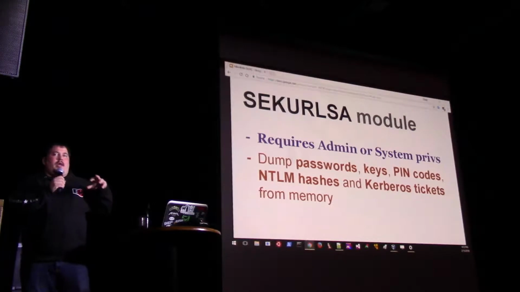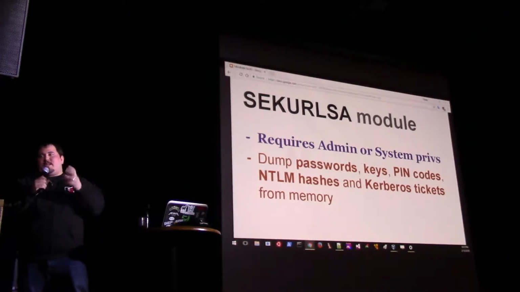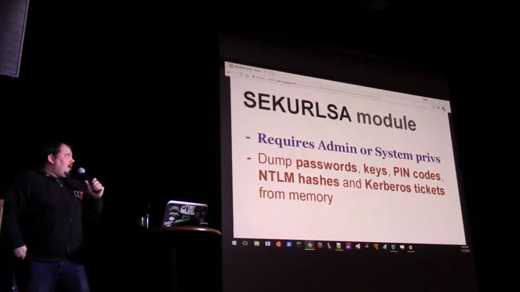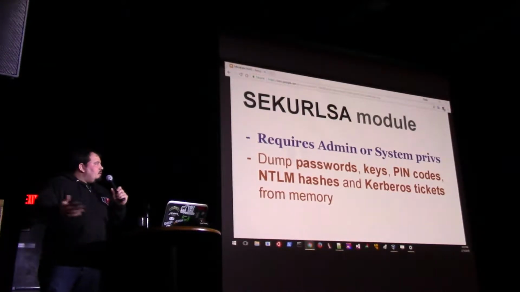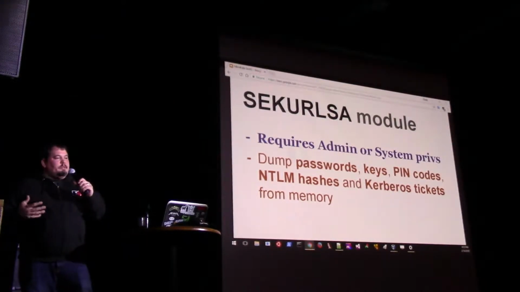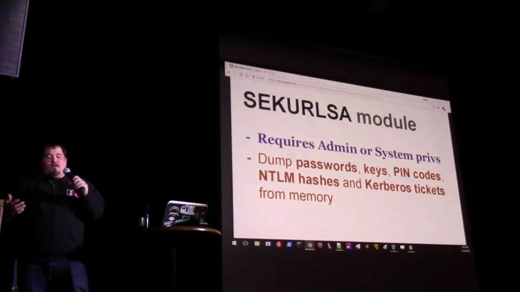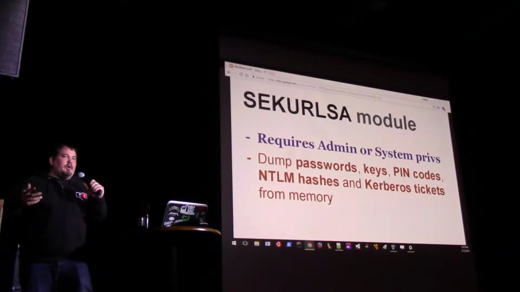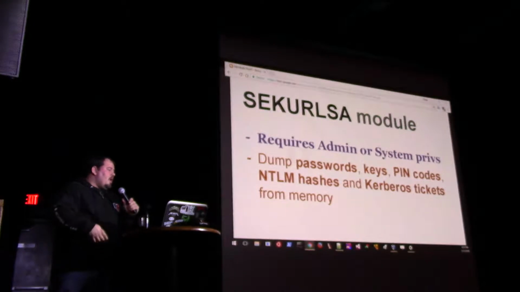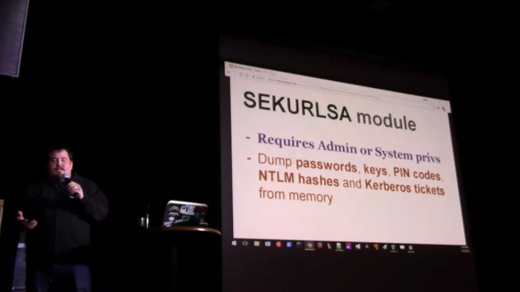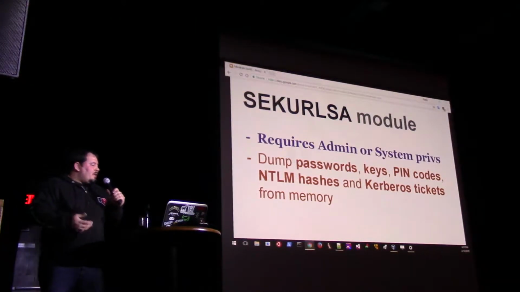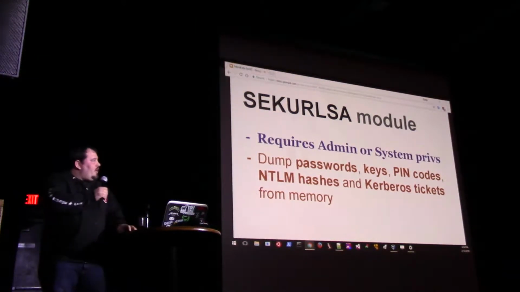to jump into the memory for the LSASS process, which does a lot of important things in Windows, including authentication, storing session information, and storing PINs for your smart cards. If you use smart cards for login, the PIN will actually be stored there. There's a lot of interesting artifacts, if you're an attacker or if you're doing forensics, that you'll find inside that process. So you need to be elevated, and